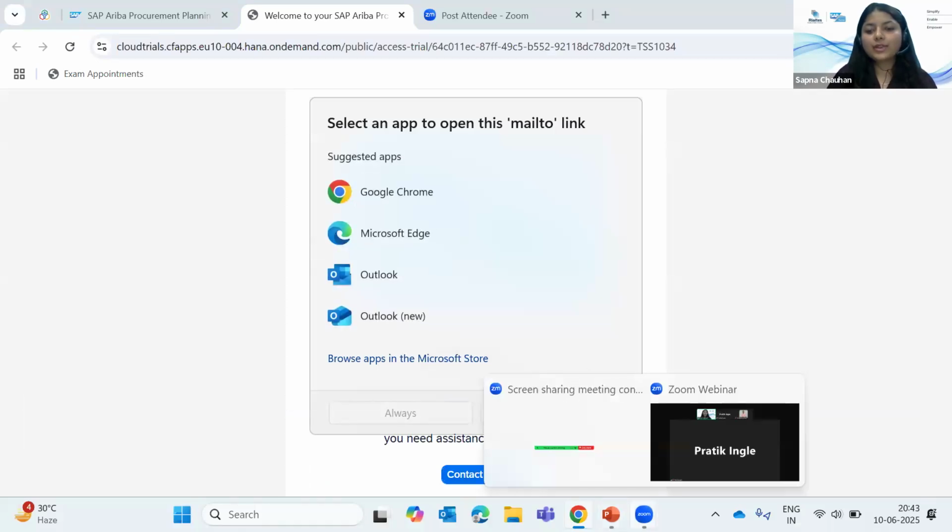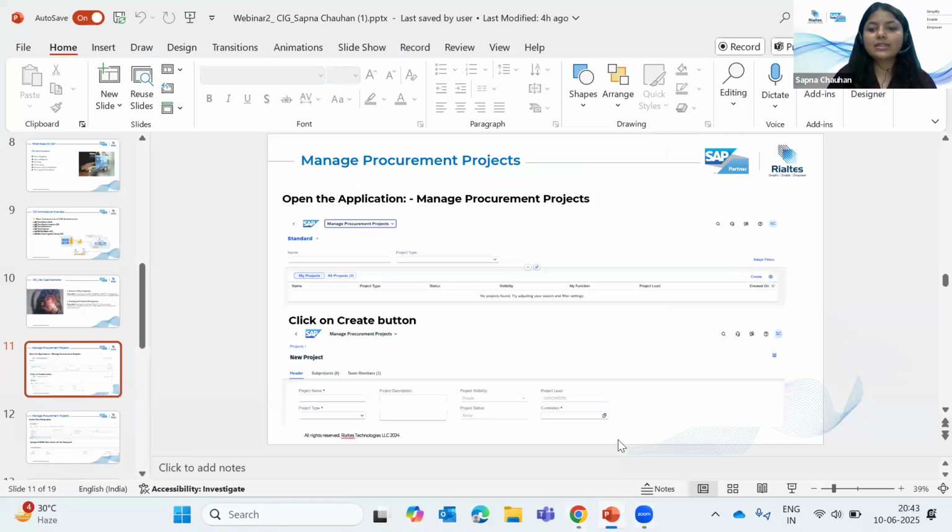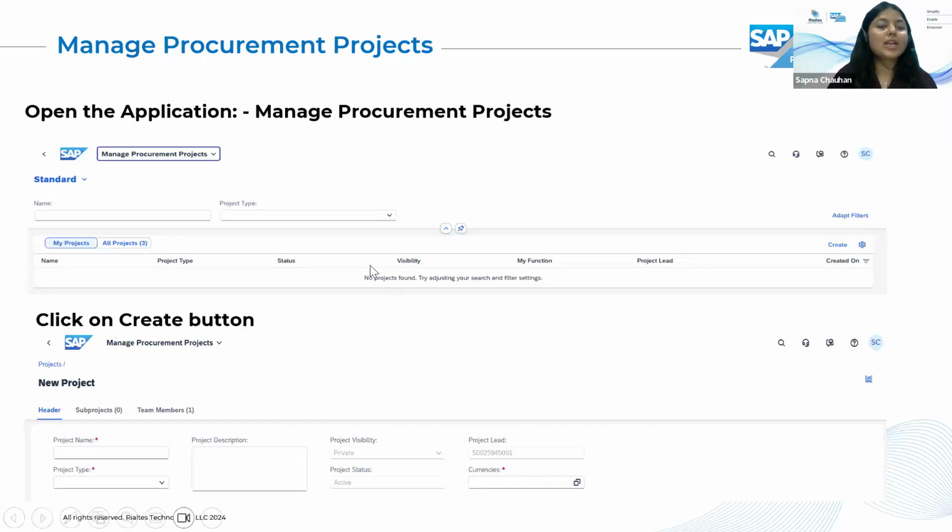Okay, it's showing some error because this is a trial account, so I will explain with this only. When you open the Ariba trial account, as we are using the trial account, maybe that is why it's showing the error, but I will explain from here.